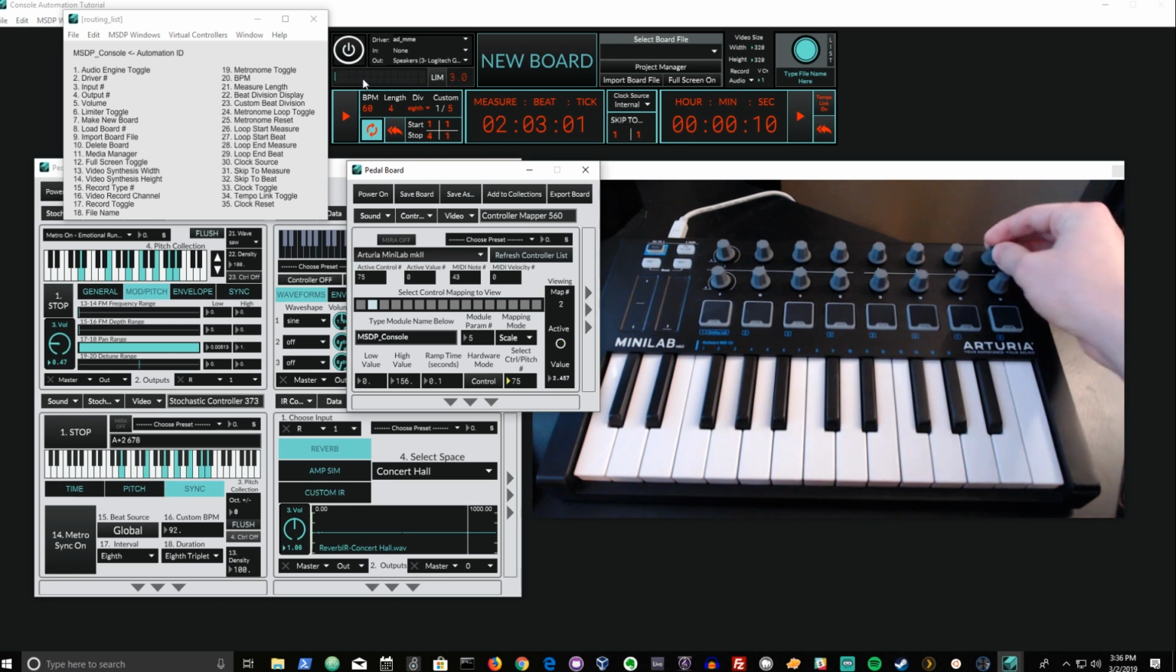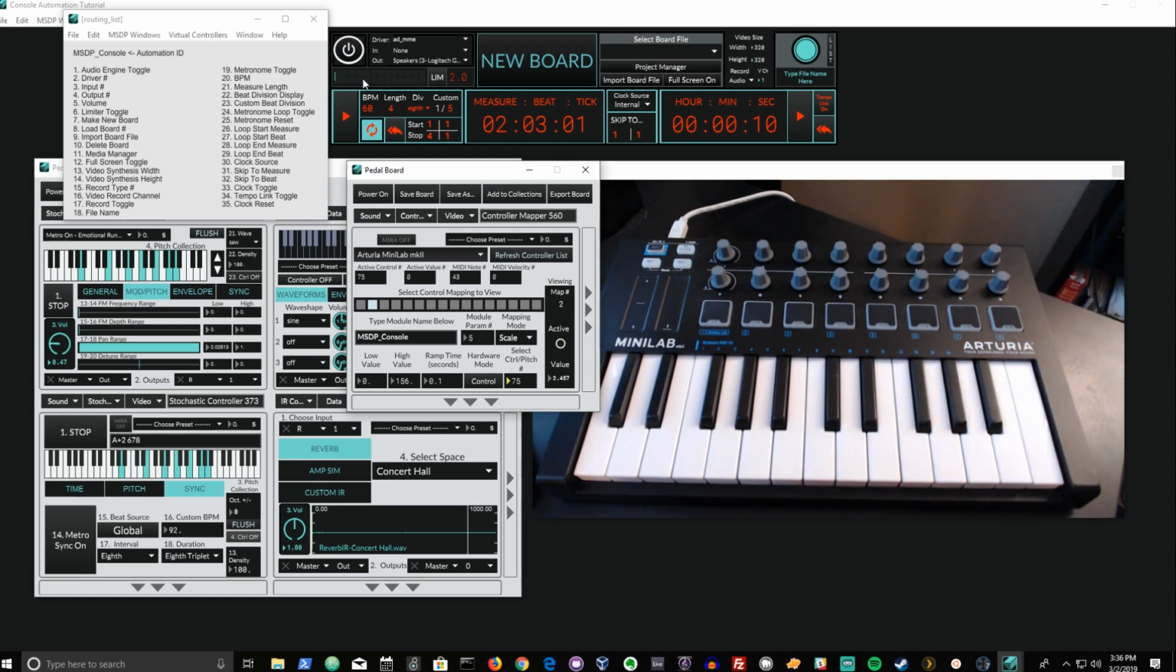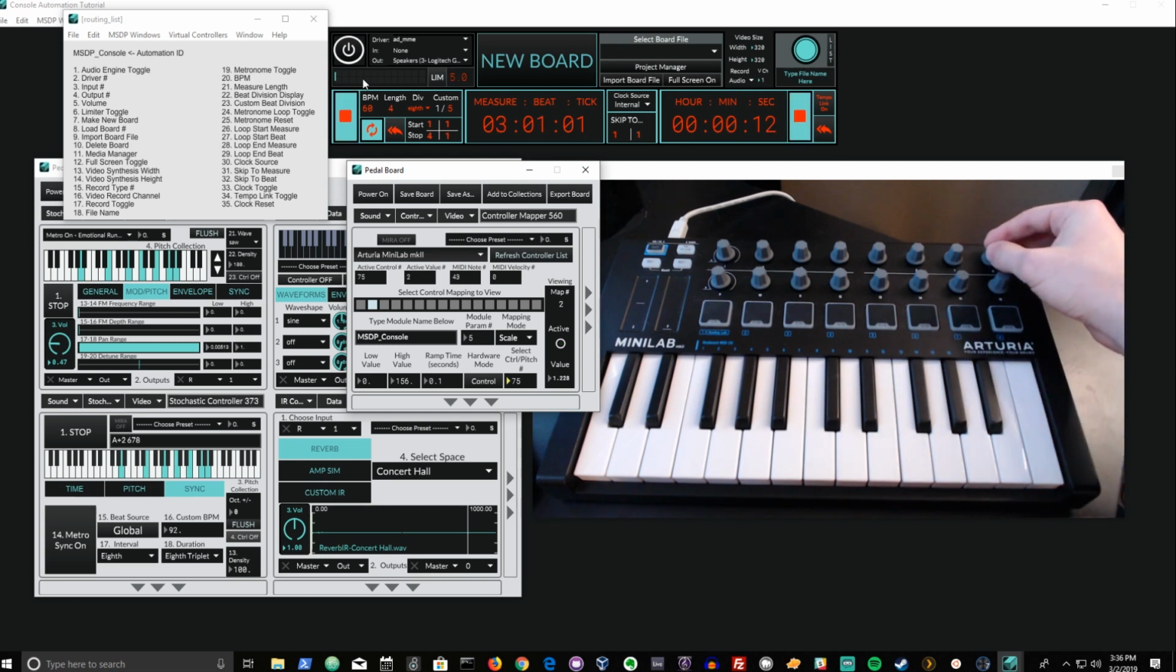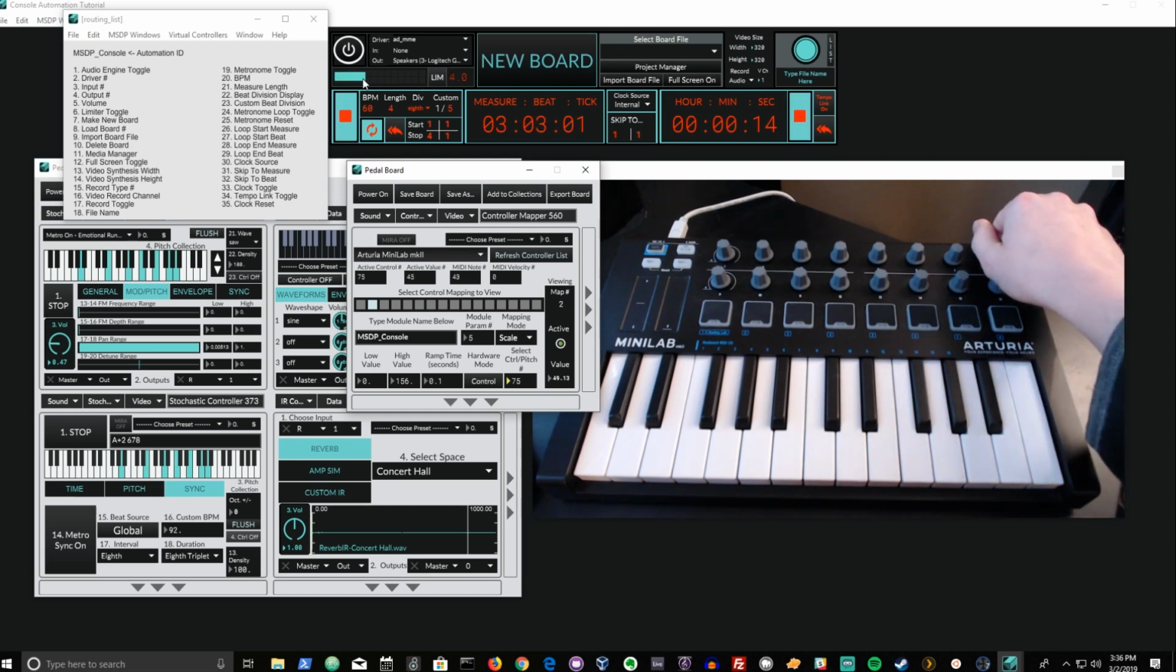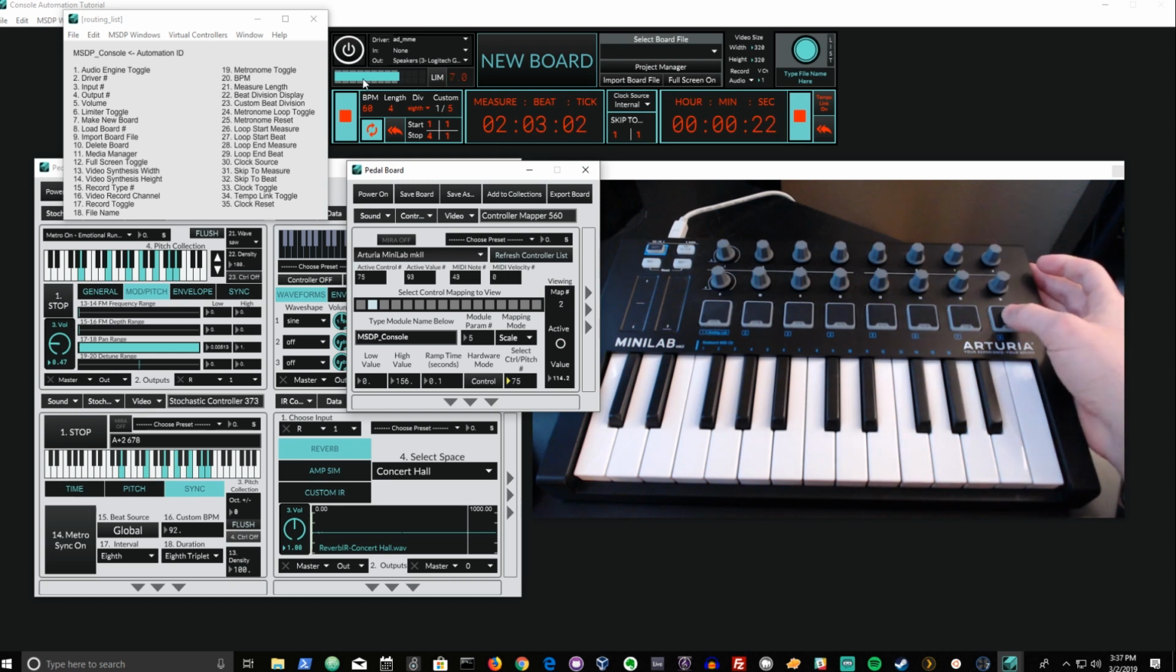So this makes for a very good way to fade in and out an entire performance. I can turn the metronome on and then bring the volume up. And that's basically it. To finish this demonstration, I want to show that we can do the same thing to